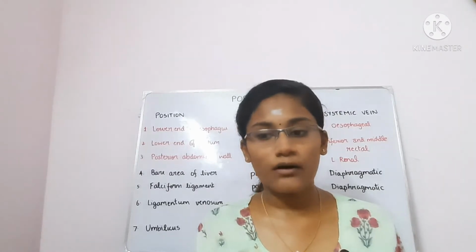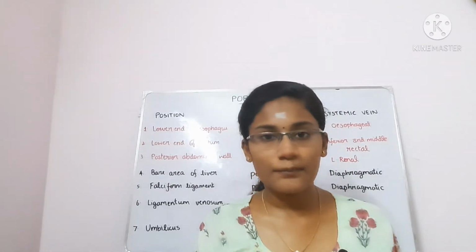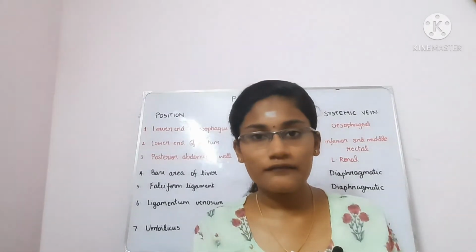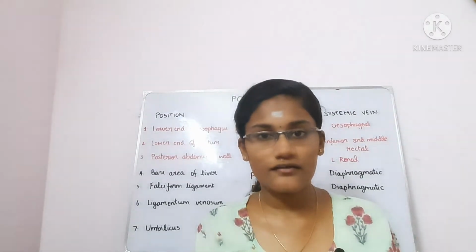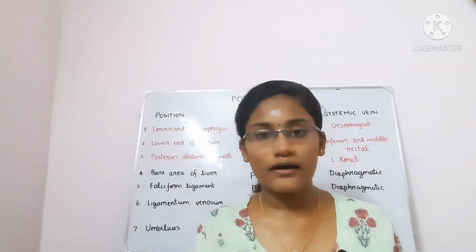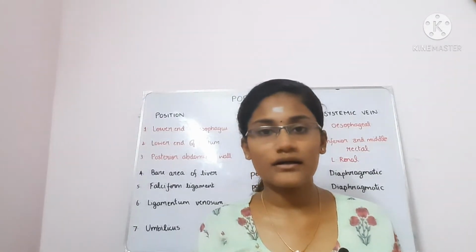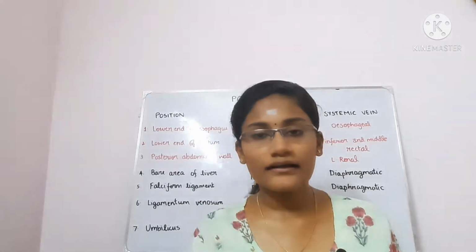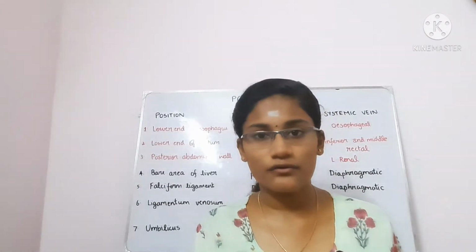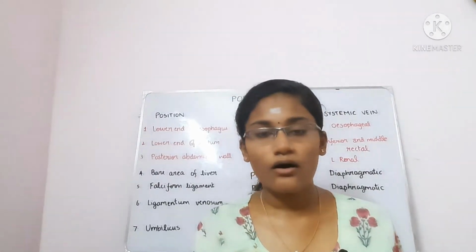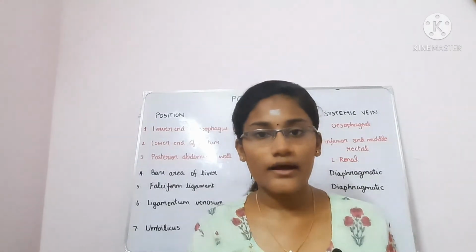What happens is, due to portal hypertension, there is a backflow of blood, and because of this, the lower end of the esophagus, a site of portosystemic anastomosis, forms esophageal varices, and after some time the esophageal varices will rupture, causing hematemesis or vomiting of blood. Also the anal canal is a site of portosystemic anastomosis. So this leads to formation of dark colored stools, called melena, or hemorrhoids.